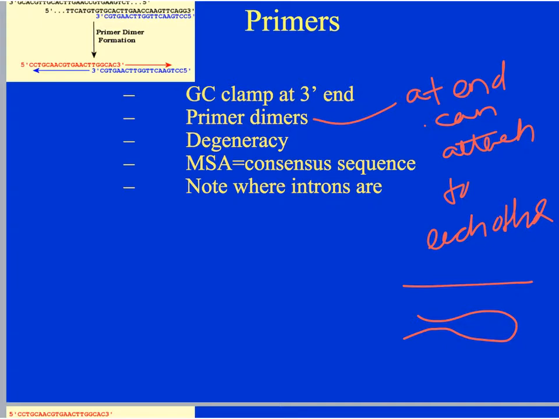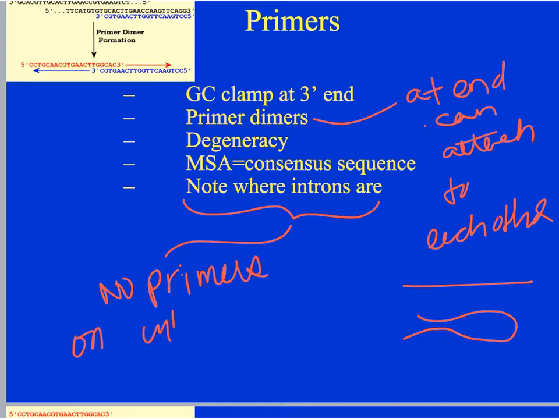So the other thing to keep in mind is you're not going to want to build primers, and I will look at this, on where introns are. This is part of the reason why I want you to know where the introns are in certain sequences and find out whether they're in the same place or not. Because if you have a coding sequence, you're building your primer off your MSA, which right now is based off of coding sequence,